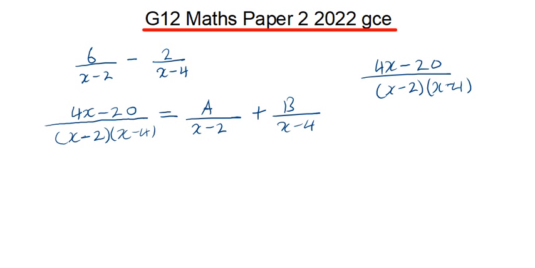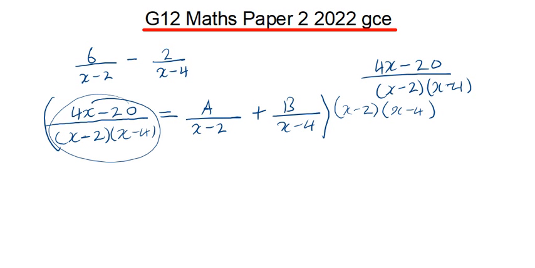So now what we do is I'm going to put everything here in brackets. I'm going to multiply everything by this denominator that we have here, which is your x minus 2 multiplied by your x minus 4. So you observe that if you multiply this whole thing by that, this and that are going to cancel out. I believe you agree with me on that one. So you're just going to remain with your 4x minus 20